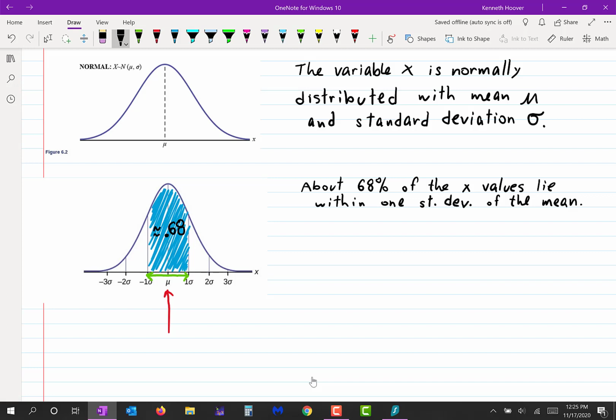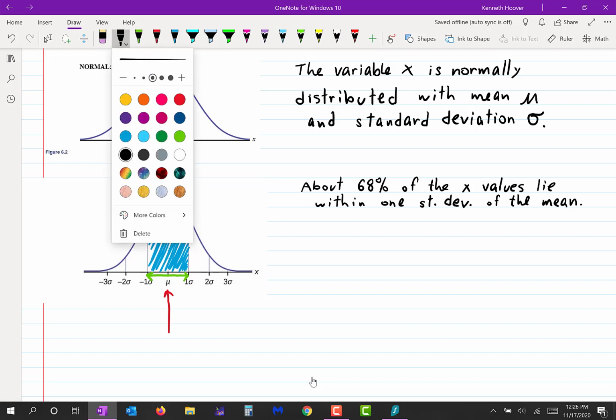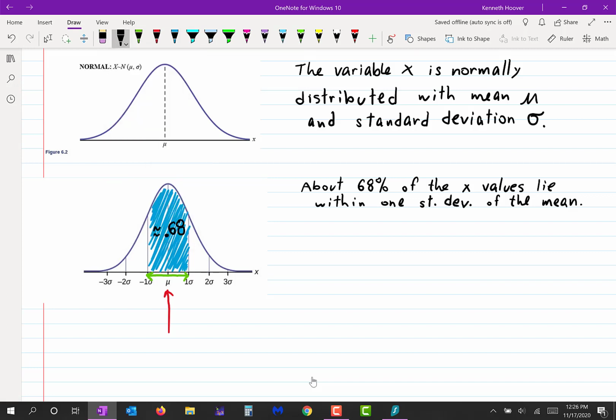That is roughly 2/3. So if you take an exam and your professor tells you the exam scores were normally distributed with a mean of, let's say, 75 and a standard deviation of 10, then you know that about 2/3 of the class got test scores between 65 and 85. That's the mean plus or minus 10. Okay? All right, now if we want to go a little bit wider from there,